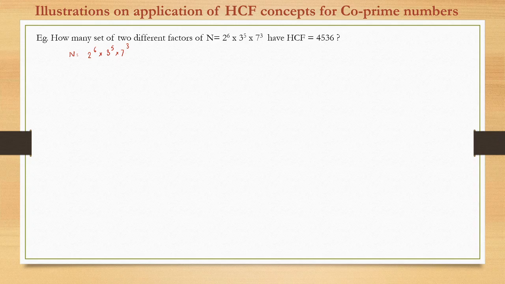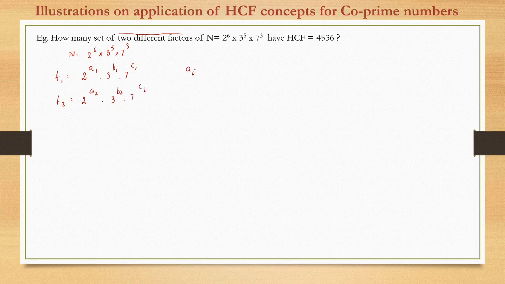So it is two different factors. Let those factors be f1. F1 can be written as 2 raised to power a1 into 3 raised to power b1 into 7 raised to power c1. This will be a generic form of any factor. Let another factor be 2 raised to power a2, 3 raised to power b2 and 7 raised to power c2,